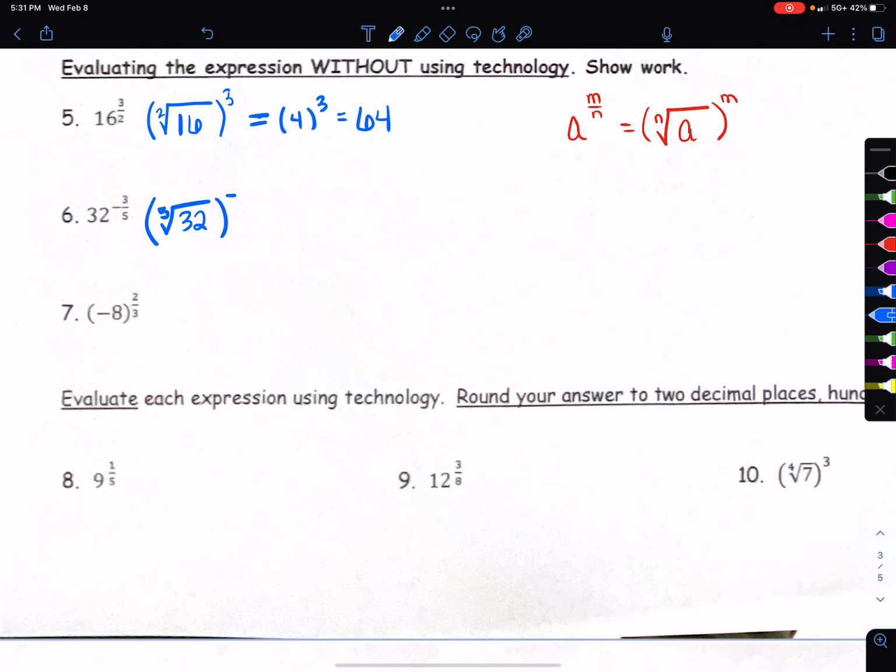And the exponent is -3. Now, the index 5 can never be negative. So the exponent, we can do something with if it's negative, but this number here cannot be a negative number. Okay, so we are going to rewrite this as 1 over